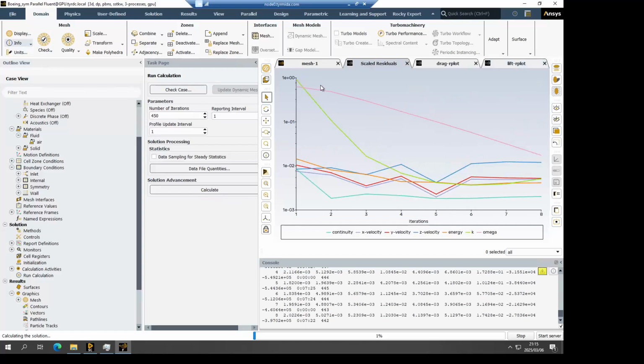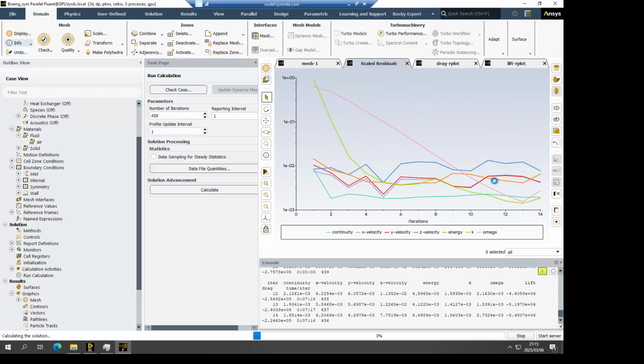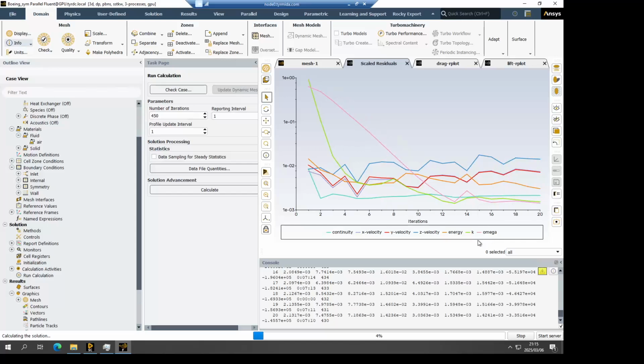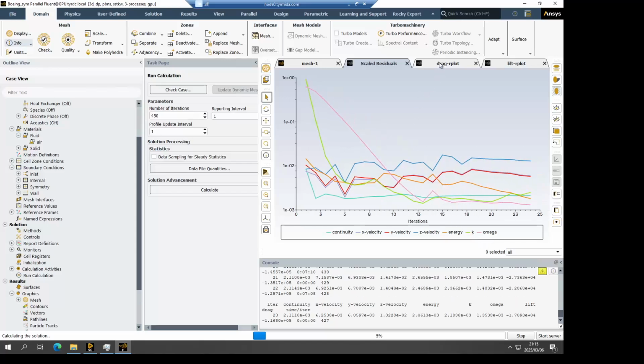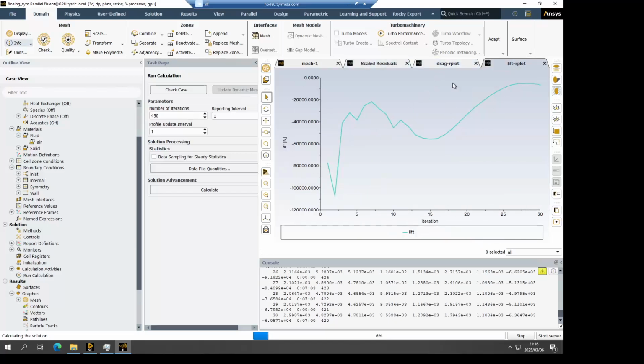This will now open my residual monitor so I can see what the difference is from one iteration to the next. Hopefully these should go down, which is an indication that the simulation is converging. And you will also notice now that we have a drag plot and a lift plot, and those update while the simulation is solving.